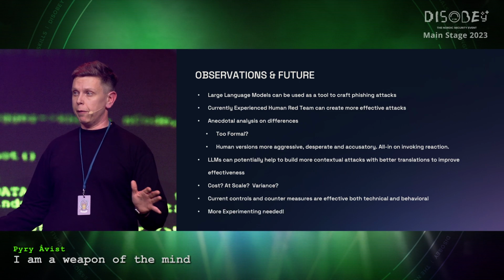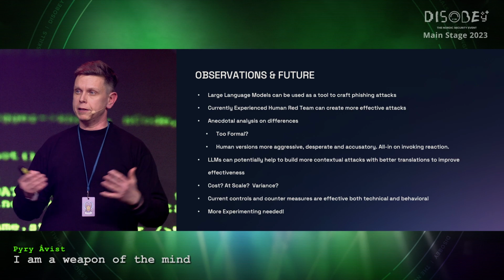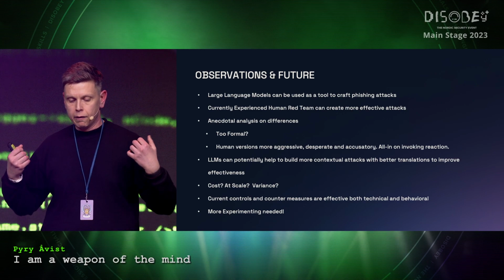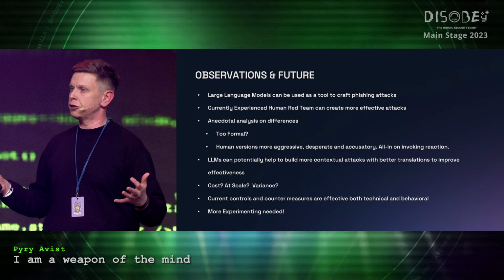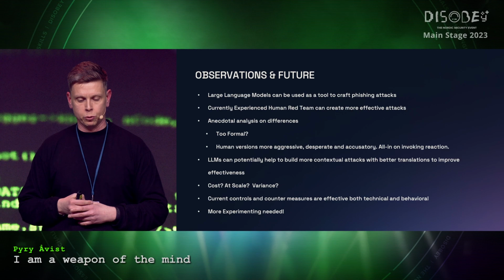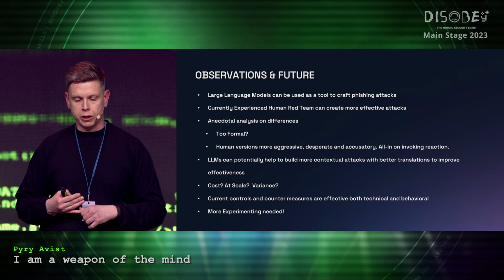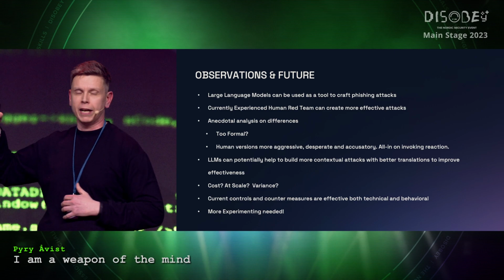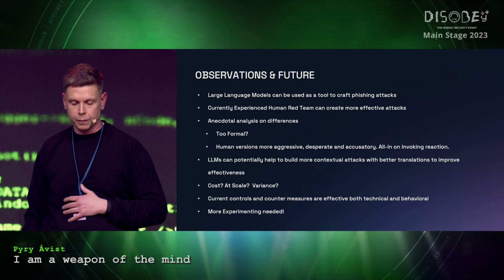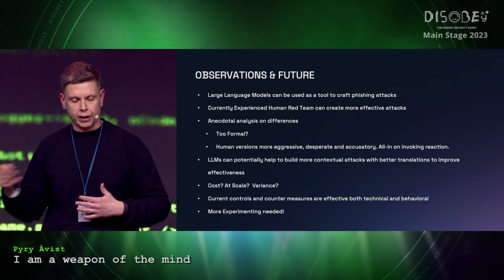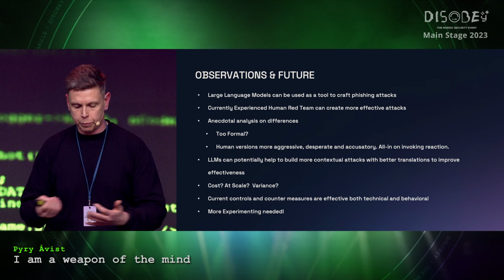More experimenting is definitely needed. We're definitely going to do a lot of experiments using AI. I'm already using it daily in my job. We're going to make sure our red team has full access to all of these models. They will use it to see what kind of failure rate we can get with a human-machine combination, what kind of reporting rate, and how we can make our users better at detecting this stuff. So we're going to continue experimenting.